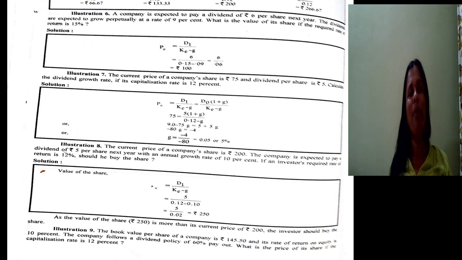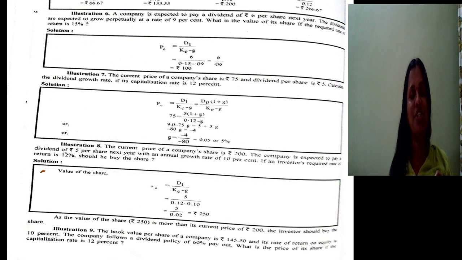See, with the help of the same formula given by Gordon based on the dividend growth model, which we studied in the cost of capital chapter, we can arrive at G also, that is the growth rate. Not just arriving at P0, we can make use of the same formula to arrive at the growth rate. Try to understand, because here price is given, dividend is given without specifying which year's dividend it is, so we are assuming it is D0.